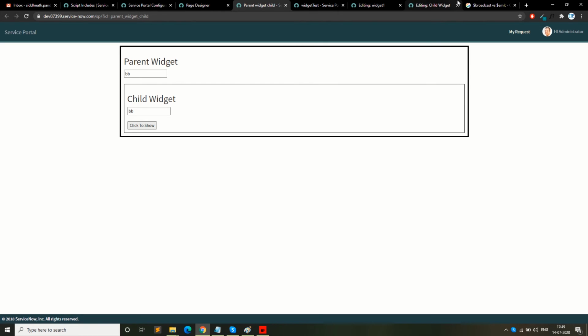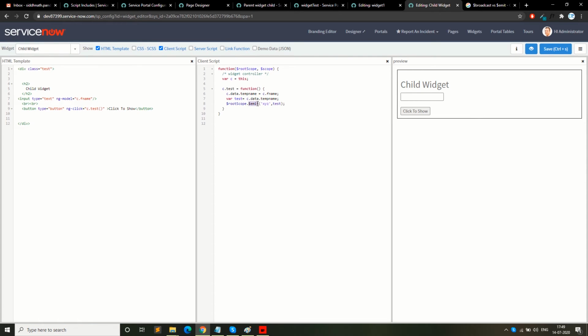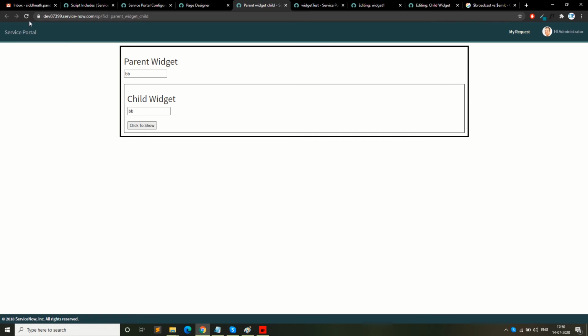But if I change this $emit to $broadcast, and if I save it now and refresh this page, and if I type something here, it will not transfer, because broadcast cannot transfer the data from child visit to the parent visit. Remember this point.